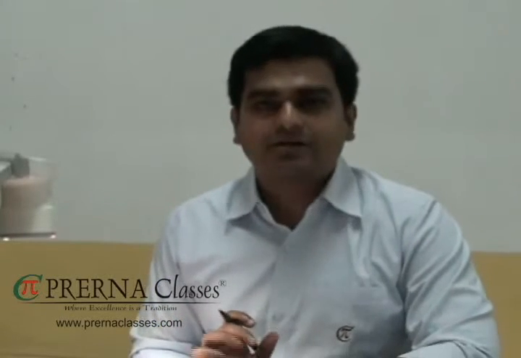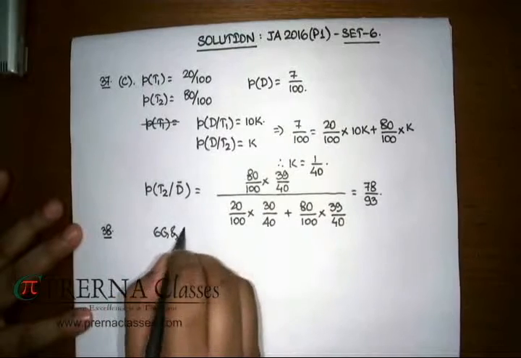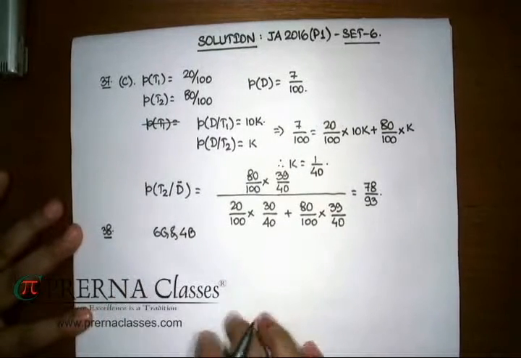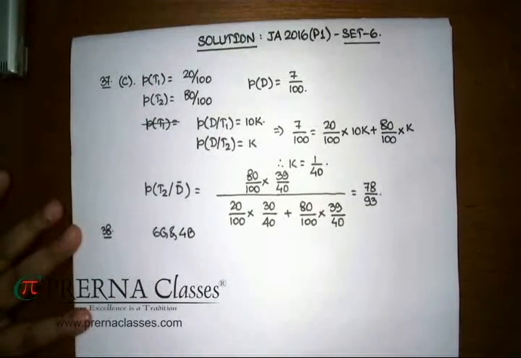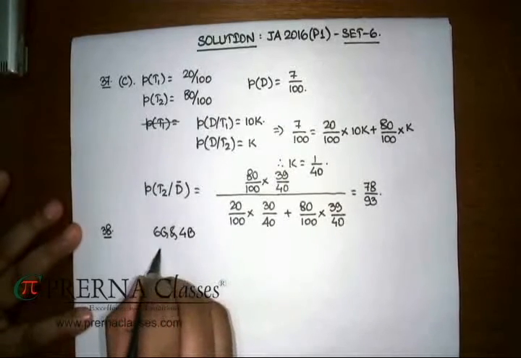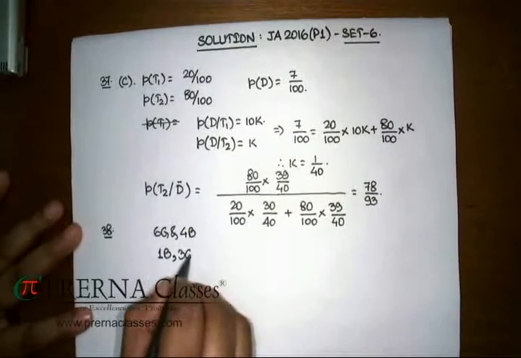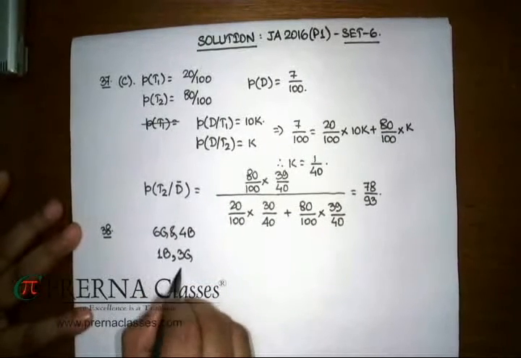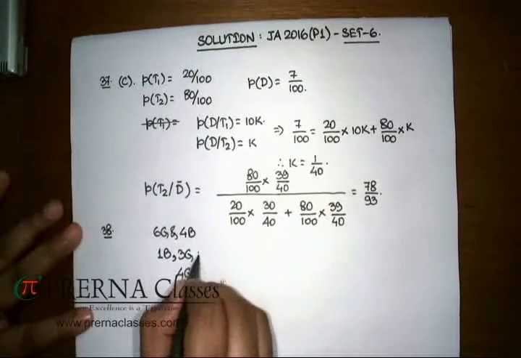In the next problem, it's related with combinatorics. Some information is given about 6 girls and 4 boys, that we need to select a group of 4 members, and then you have to define one of them as a captain, with one restriction that you should have at most 1 boy. Clearly then there are 2 acceptable cases, that you have 1 boy and 3 girls, and you have no boy, all 4 members are girls.